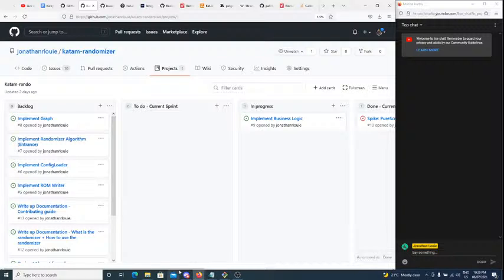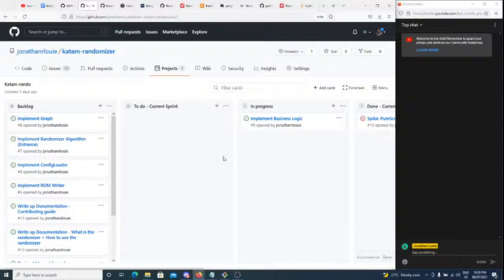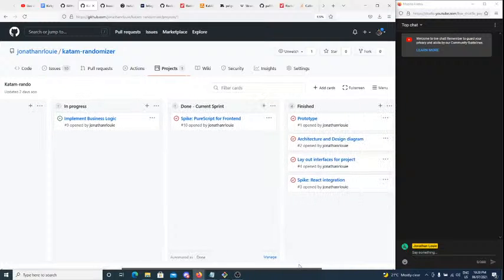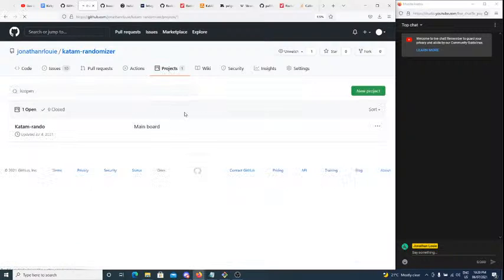So another thing I want to mention is this project board is a little bit weird, I guess, because I have this backlog column. I have to do current sprint, closed current sprint, and finished overall, and I'm not sure if that really makes a lot of sense. So I could actually just create different boards per sprint, and I know other projects that do that.